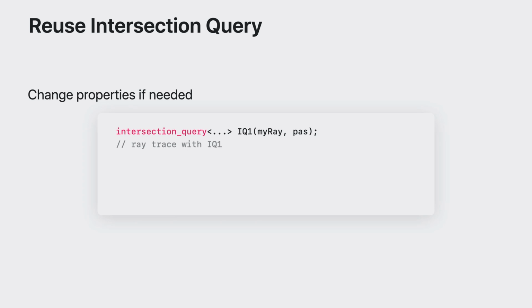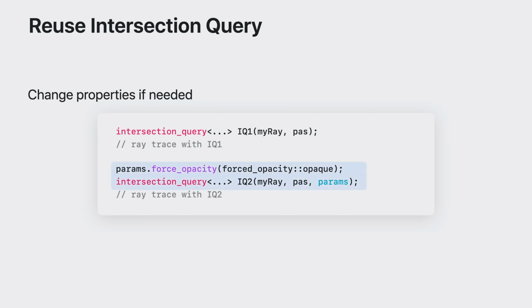For example, if you have an intersection query object IQ1 for doing some ray tracing work, and then you need to do more ray tracing work with the opaque opacity set, then instead of creating a new intersection query object, simply use the intersection params to reset the existing intersection query object with opaque opacity. This way, you can reuse the ray tracing scratch memory.